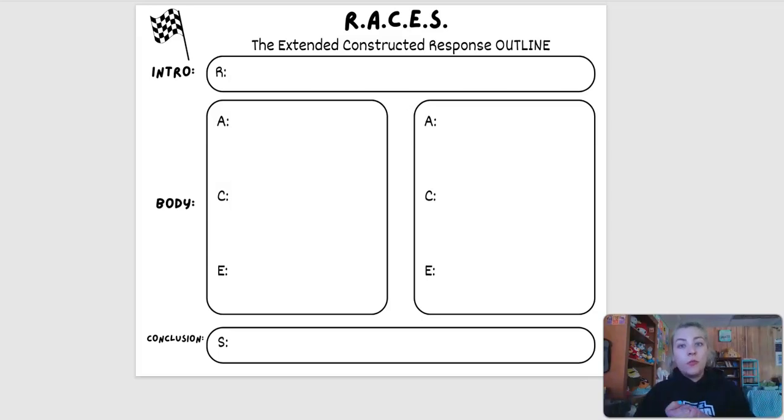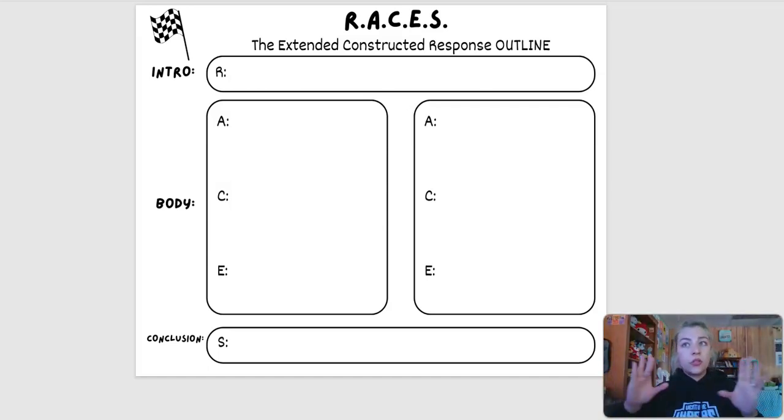Okay, so before you watch the other YouTube video on the R.A.C.E.S writing strategy, and we look at some examples on how to write the essay, first I just want to show you guys what our outline at Venture looks like. So make sure that you have a copy, get it from your teacher,